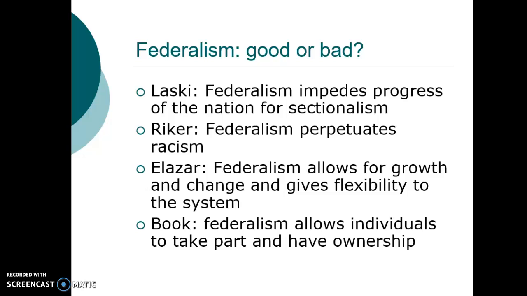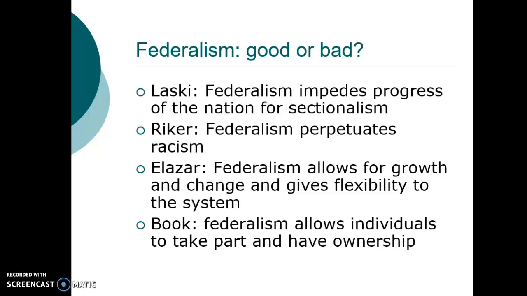For federalism, particularly in the case of the United States, we have power divided between the national government in Washington, D.C. and 50 states. So state policy, for example, in the case of New York, is centralized around Albany, which is our state capital, where the governor of New York State lives. However, New York state policy is also affected by federal policy, which comes from Washington, D.C., led by Donald Trump. So sometimes there's tensions in terms of state policy driven by the governor and federal policy, which is run from Washington, D.C.